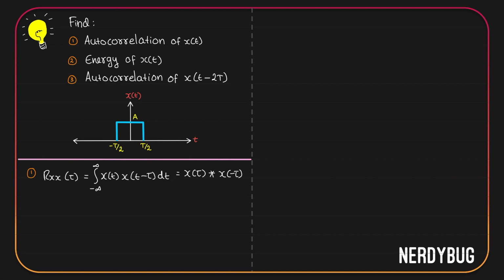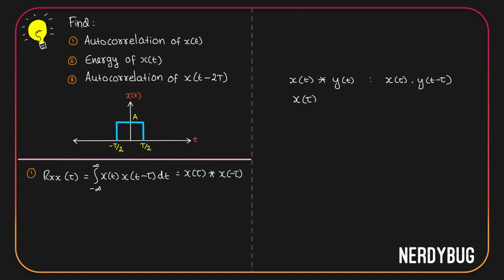This is the idea that we are going to use here to find out autocorrelation of x of t because we are already familiar with finding convolution. So we can simply use that to find autocorrelation here. Before we start, let me take you through a thought process. If I wanted to take convolution of x of t and y of t, I would take x of tau and y of t minus tau, and both of them would be functions of tau.